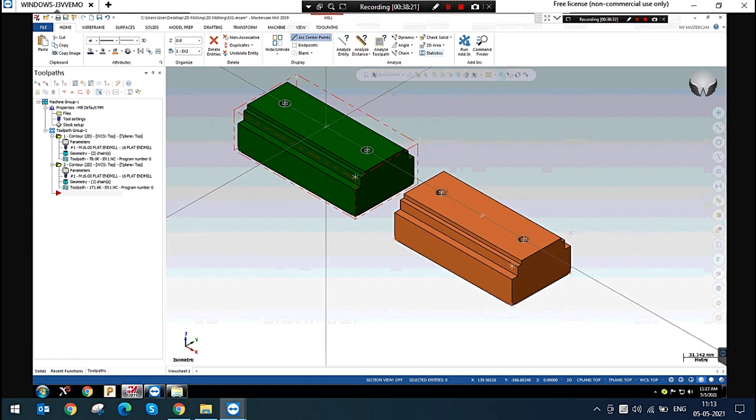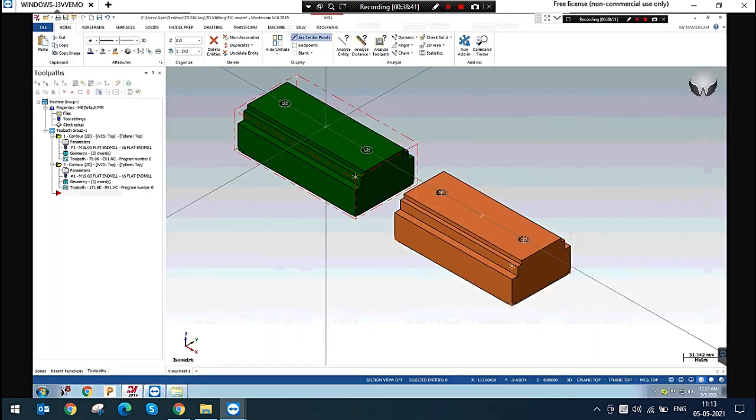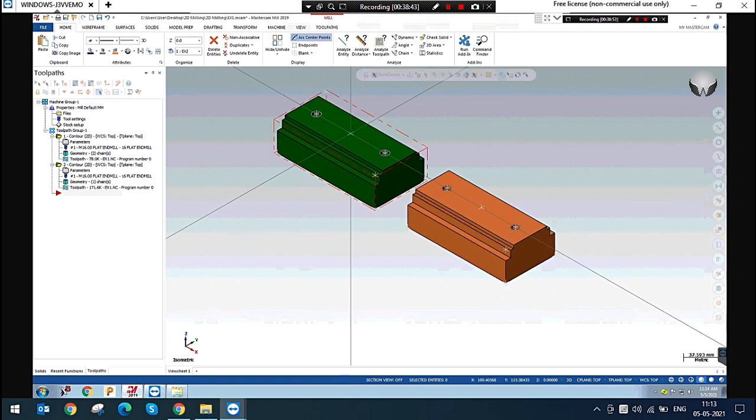You can simply convert your model. Okay, so is it understood, brother?